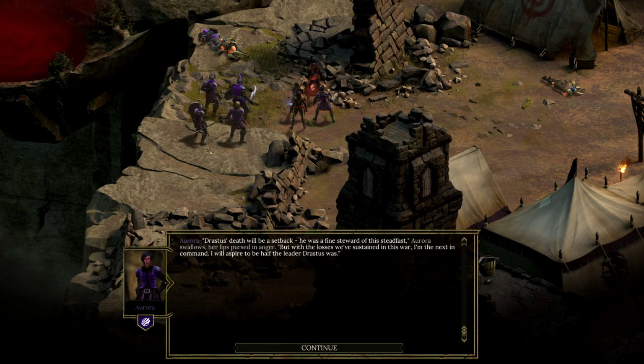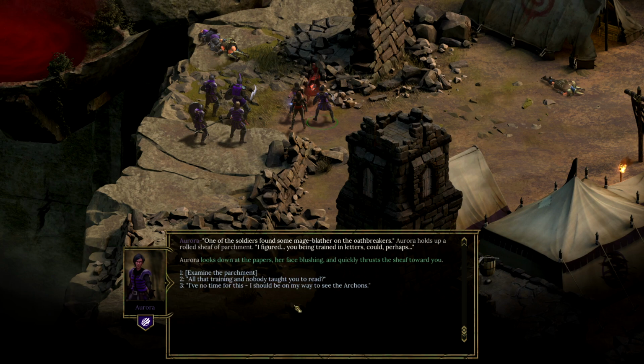Justice! Justice's death will be a setback. He was a fine steward of the steadfast. But for the losses we've sustained in this war and the next in command, I will aspire to be half the leader Justice was. One of the soldiers found some mage blather on one of the Oathbreakers. She holds up a rolled sheaf of parchment. I figured you, being trained in letters, could perhaps...